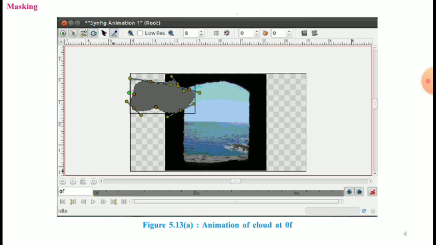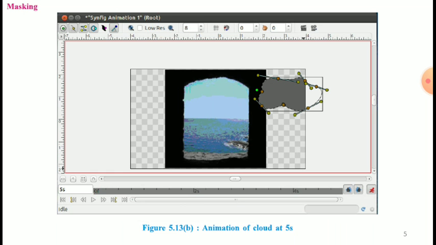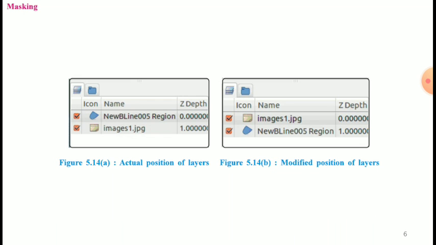Figure 5.30a and figure 5.30b show the status of the animation at 0f and 5s respectively. And next, turn off the animate mode and click on the play button to see the animation.